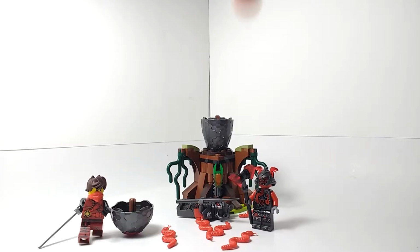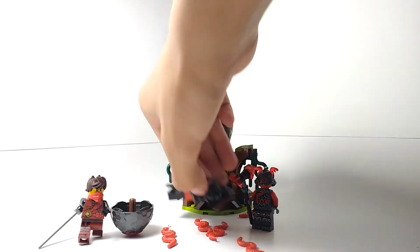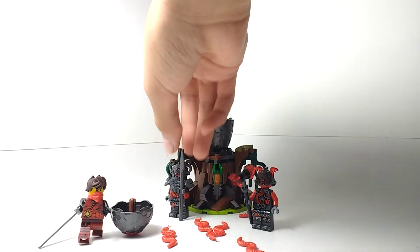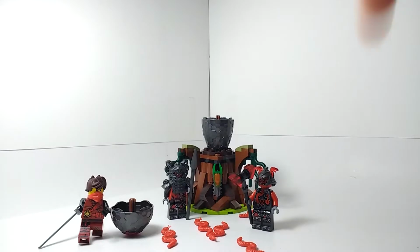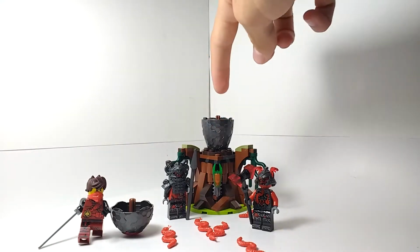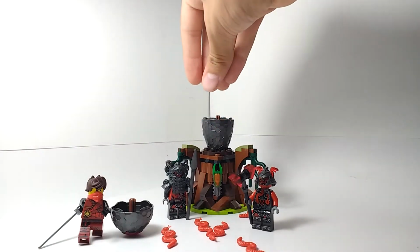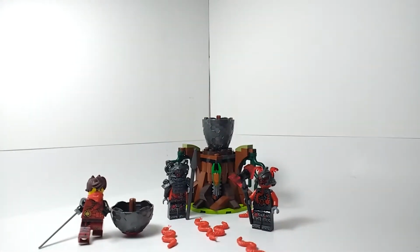So you get a lot of these old style of snakes, as well as the 2 Vermilion Warriors, of course, and they're both unique in their own way, except for their faces and their leg prints. Those are pretty much exactly the same. And then to top it all off, you've got this tree build here, but that's not really the main part of it. It is the main part of this set, I guess, but what's really interesting about this set is that it